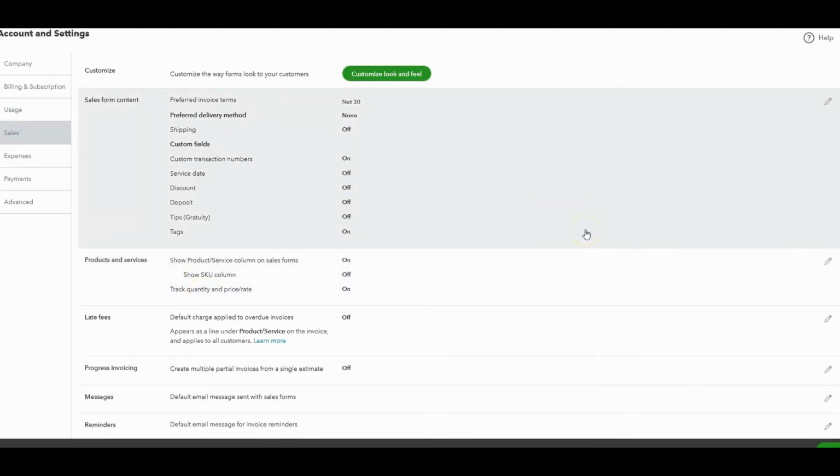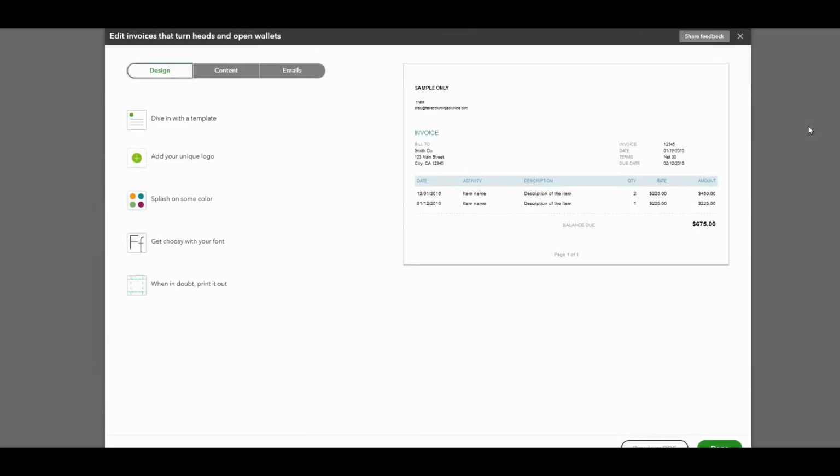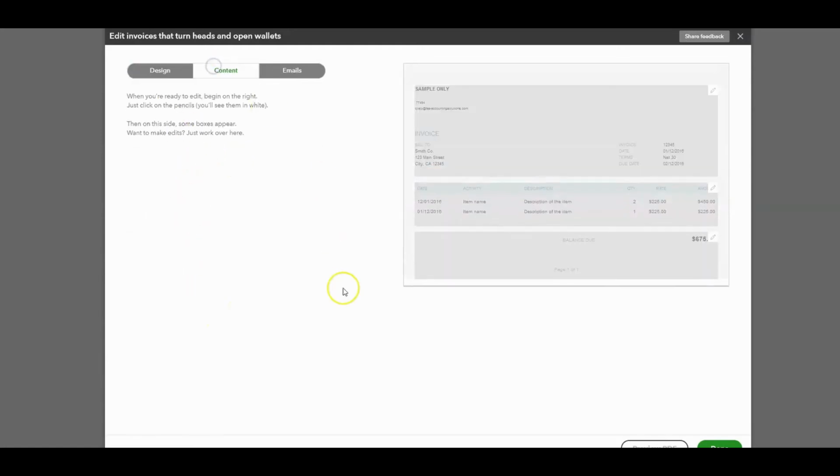Now on the sales, this is where you customize your invoice, like the format or how your invoice will look. So here you can customize the look and feel. Say you're using the default. This is like the sample design where you have the invoice, the bill to, date, activity description, the quantity, your rate, and then your total invoice. So you can add your logo, and then in terms of content,